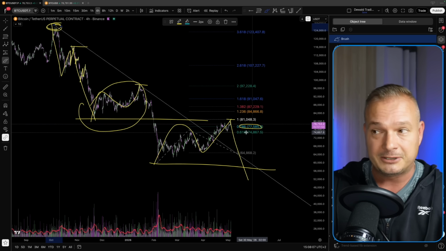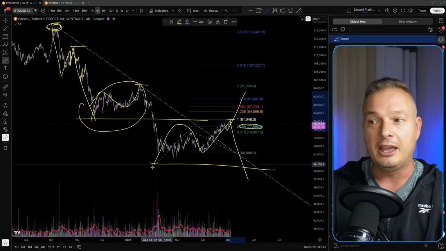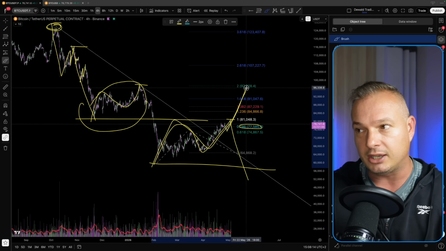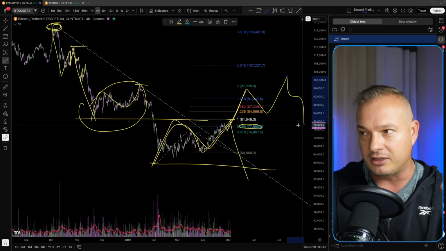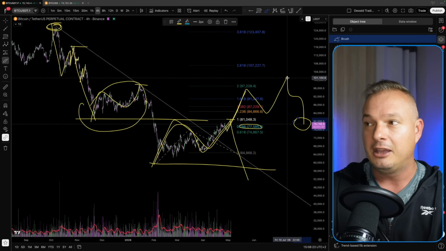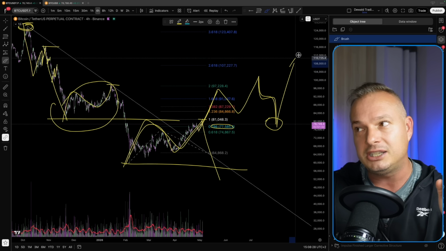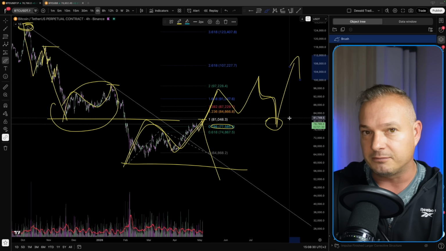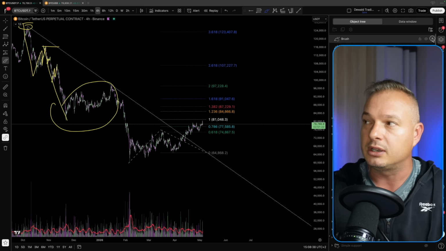So for the bulls, they have their work cut out for them. They want to see continuation to the upside, but most importantly, this structure needs to change into a five-wave structure. That is where the retracement becomes interesting to join the next move back to the upside, because then price needs to correct down in a three-wave structure and then continue back up from an impulsive perspective. Technically, you can see that the bulls still have a lot of work cut out for them.